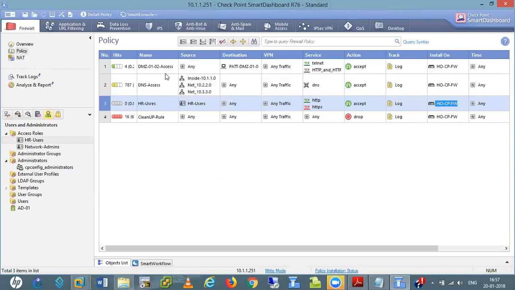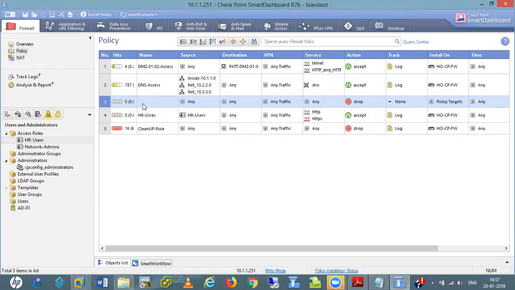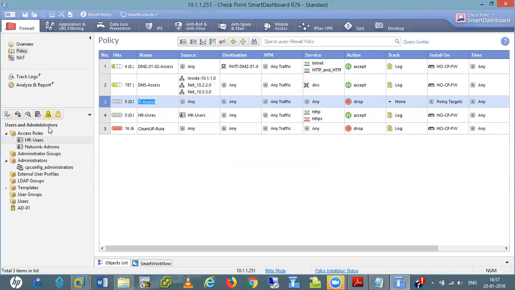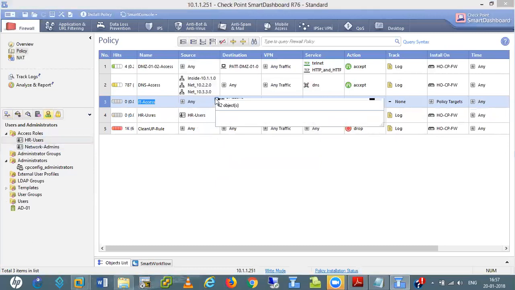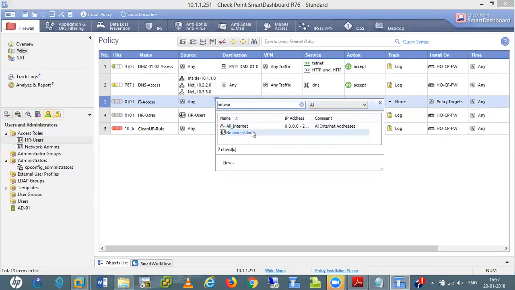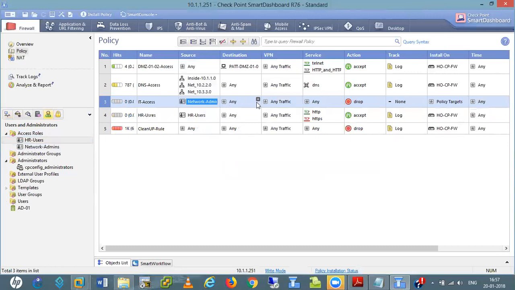Now I also add one more rule above this rule. This is for network admins, so I give IT access. Here I search for network admins and get the network admins tab. Destination is any.